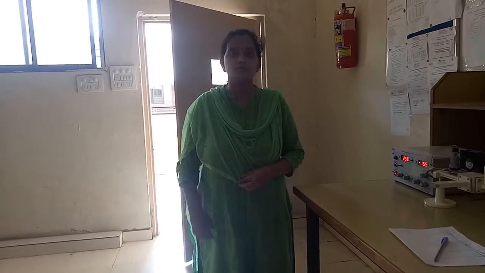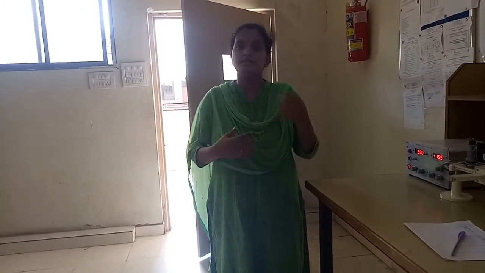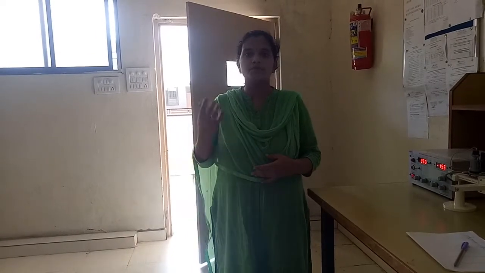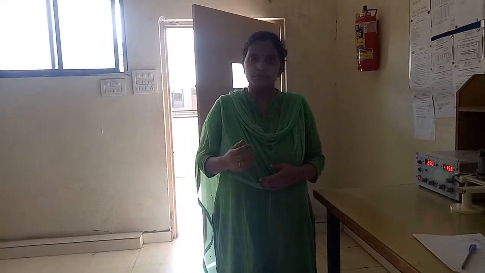Today we are going to look into the experiment called attenuation measurement. The aim of this experiment is to verify the functioning of a variable attenuator. That means we are going to vary the variable attenuator and introduce some amount of attenuation, and whether that affects the output or not, that's what we are going to observe today. So now let's move on to the experiment.